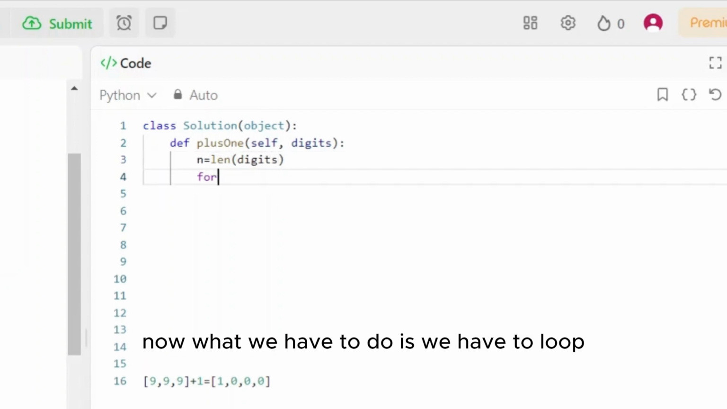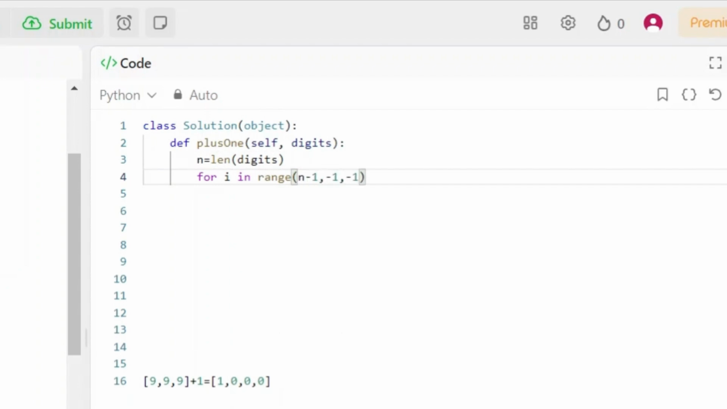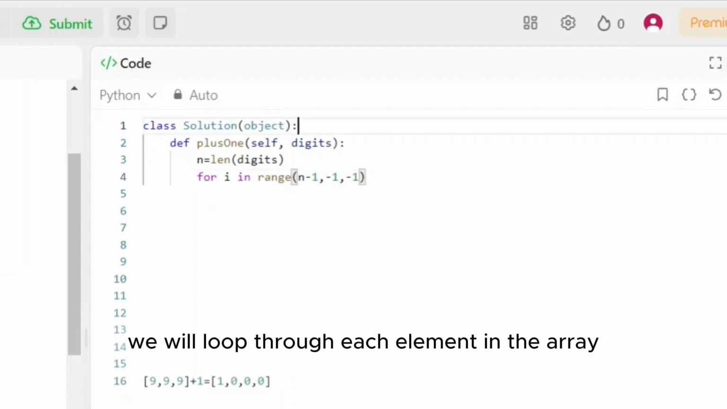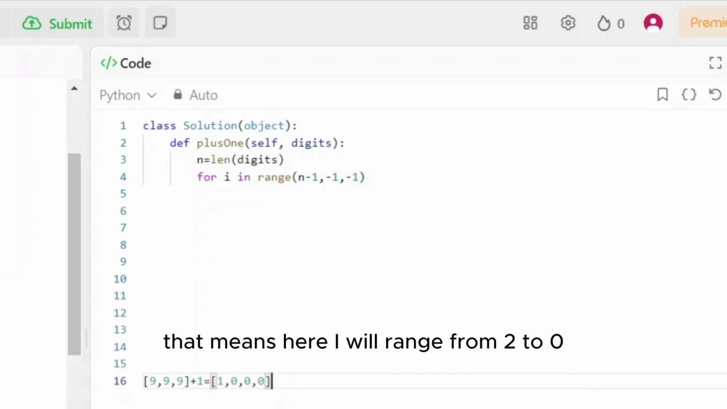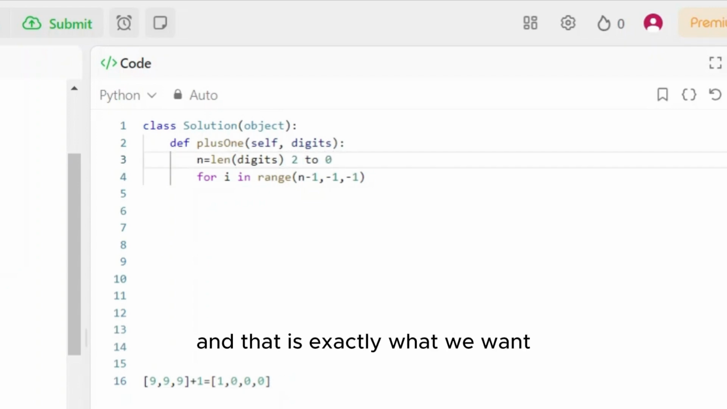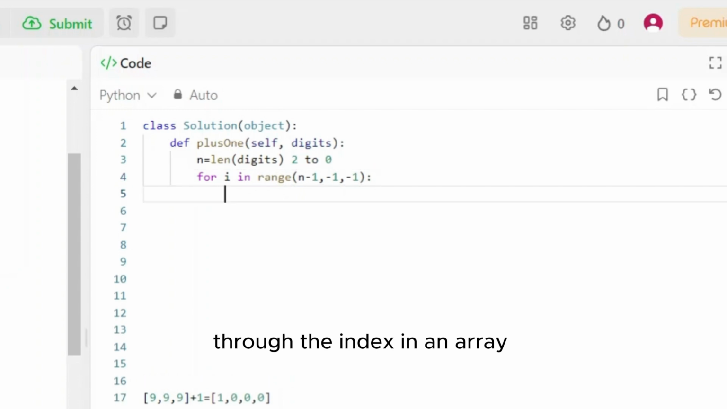Now we have to loop through each digit in the input array, going from length minus 1 down to 0 with a step of minus 1. When we do this, we loop through each element in the array. For example, if this is the input array, the length of this array is 3. That means here i will range from 2 to 0, and that is exactly what we want, because the indices will be 0, 1 and 2, and we always loop through indices in an array, right? So that is what we're doing here. Now what we do is we check